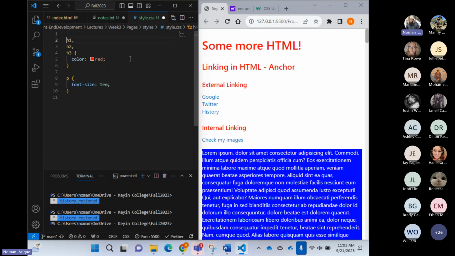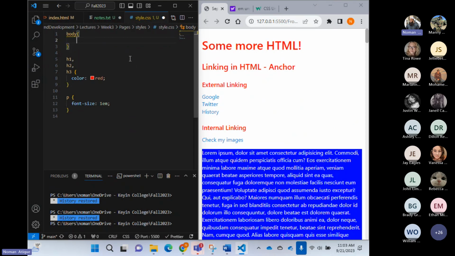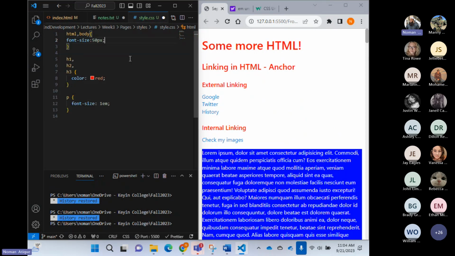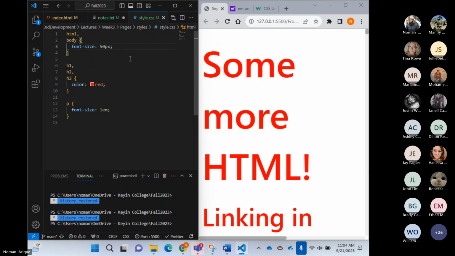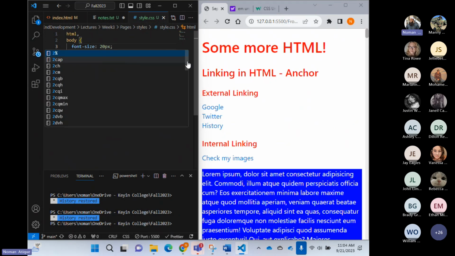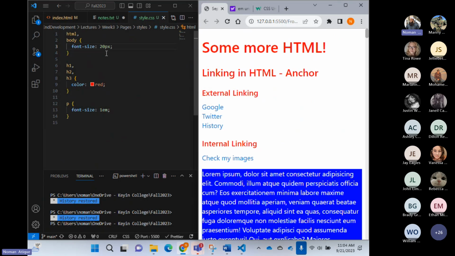Now here comes an interesting thing. When you come here, you might have done this. You go to the body, and for the body, or for example HTML and body, you say both should have the font size. For example, I say font size should be 50 pixel in the body, which is too big. So let's say 20 pixel. Now see here. If HTML and body, the parent of all, have the size 20 pixel, 1em actually represents the 20 pixel. I'm trying to make a point over here. If I write 2em,